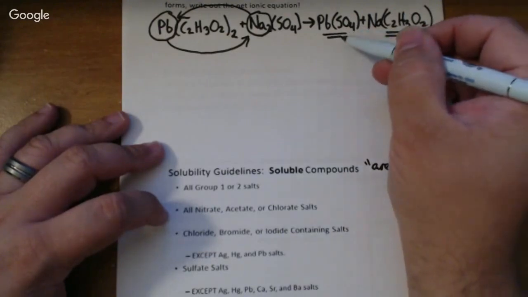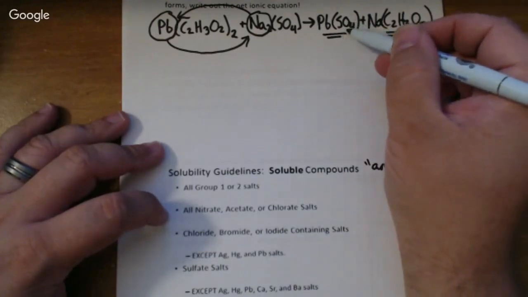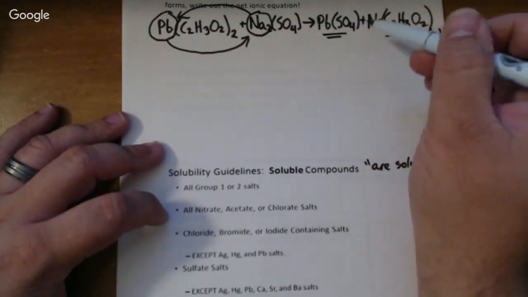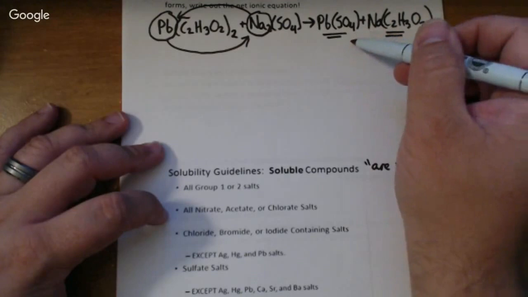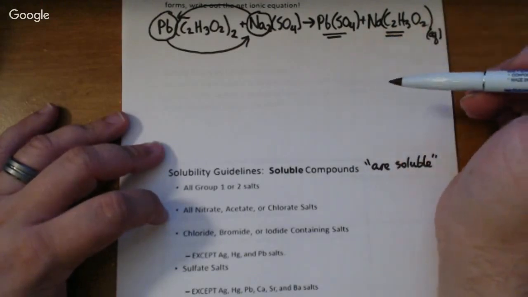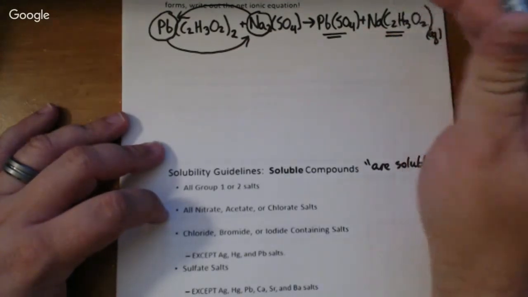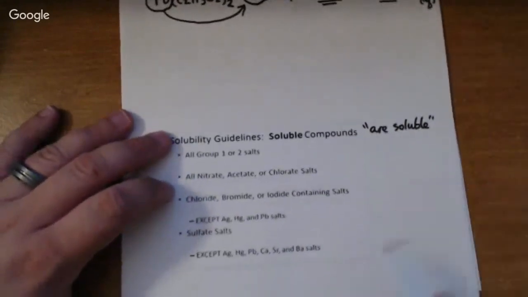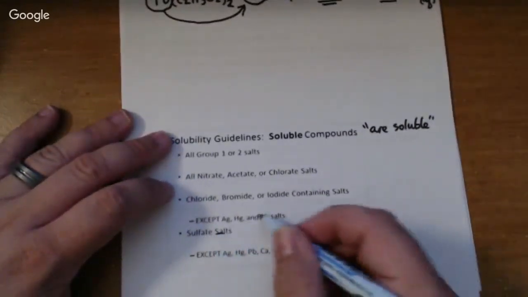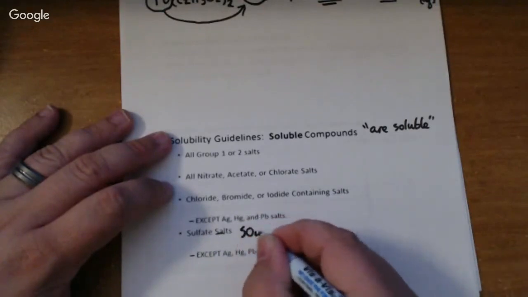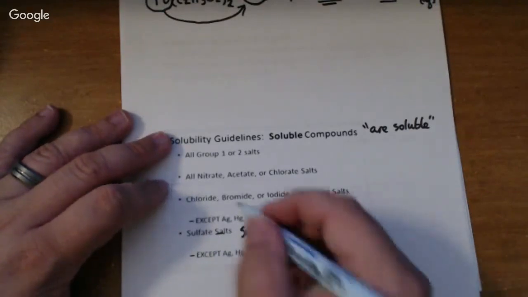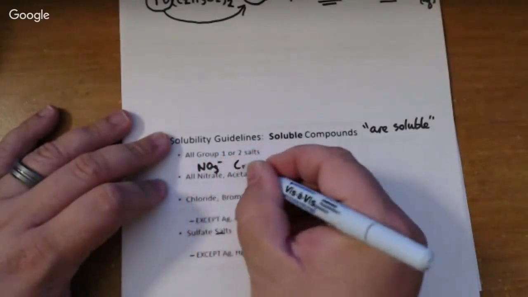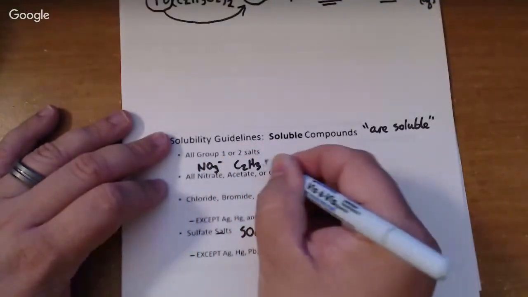So let's go over here. Sulfate, SO4. Now it doesn't say sulfate anywhere in the problem. I've got to know that SO4 is sulfate from our list of polyatomics back from exam 2. So sulfate, this guy right here, and just as a refresher, sulfate is SO4 2-, nitrate is NO3-, acetate C2H3O2-,